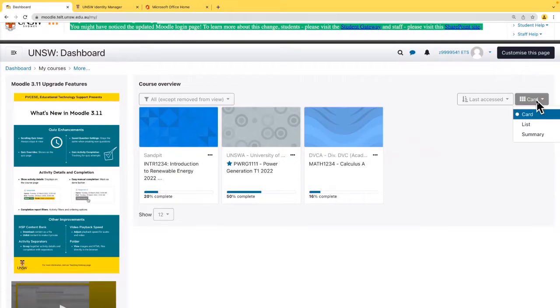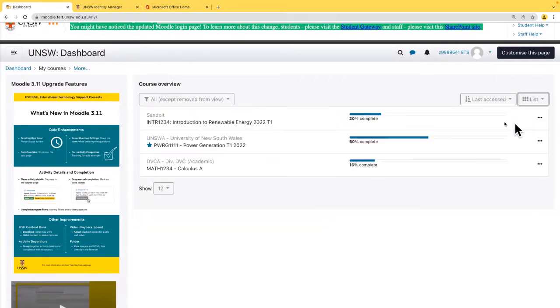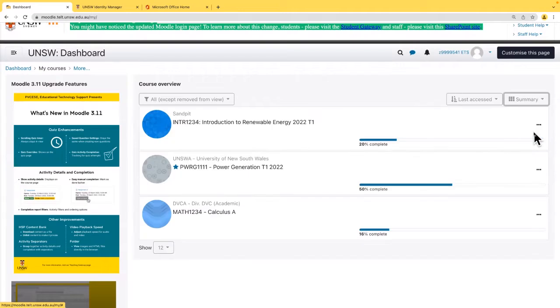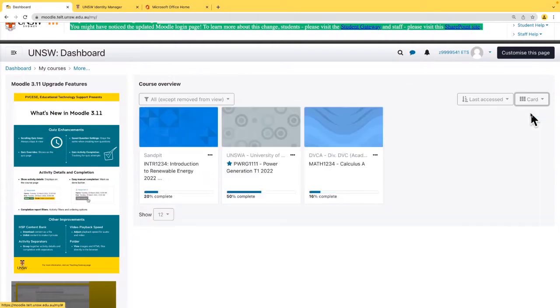We can click on the layout option there. We can choose list. As the name implies, it puts everything into a list view. Or we can choose a summary view, which is a slightly more expanded version of the list view as well. Irrespective of the option you choose, as you progress throughout your program at UNSW, more and more courses will be in your dashboard.